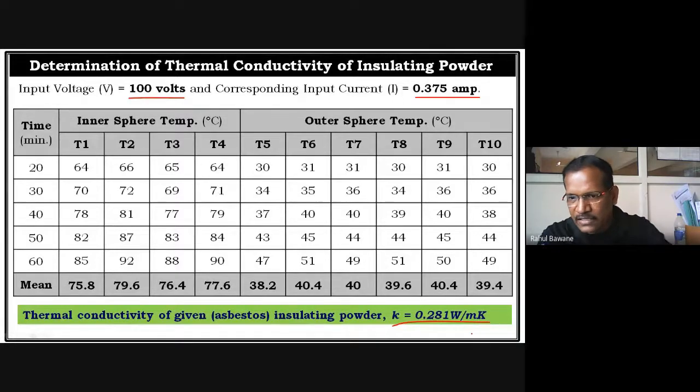It is not as per the standard: asbestos powder thermal conductivity is 0.15 to 0.18, but here it is 0.281. There are various possibilities due to which our reading deviates from the exact readings. But this is justified because this is non-standard equipment, non-standard conditions. So it is possible that the exact value